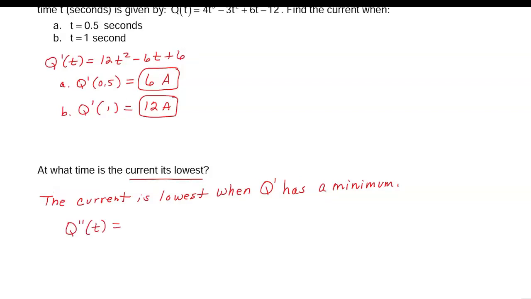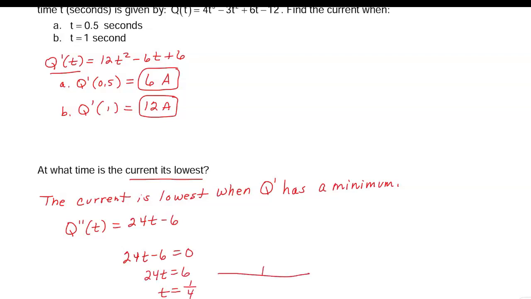At what time is the current its lowest? The current is lowest when Q prime has a minimum. So we are trying to minimize Q prime. That means we're going to take a second derivative. The first derivative was 12t squared minus 6t plus 6. So the derivative of that is 24t minus 6. If we take 24t minus 6, set it equal to 0,